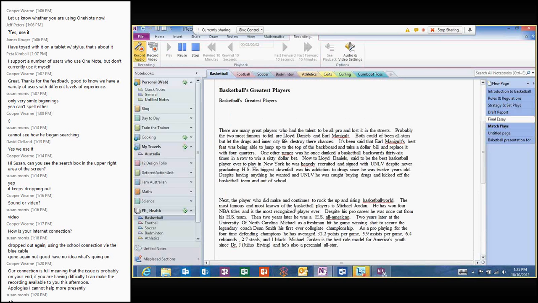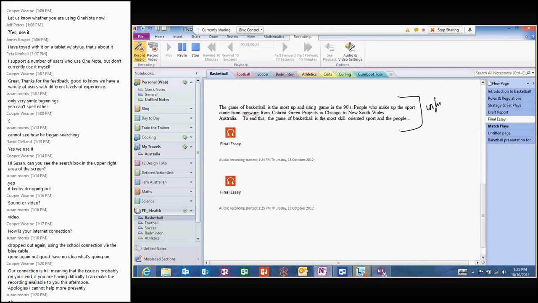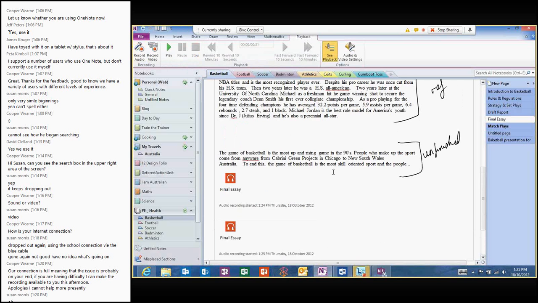record audio, and now as I read this essay and as I circle and highlight things, the spelling is wrong there, say this needs a reference, this is unfinished, but overall your work has been good. We'll press stop, and now if I just play this audio for you,